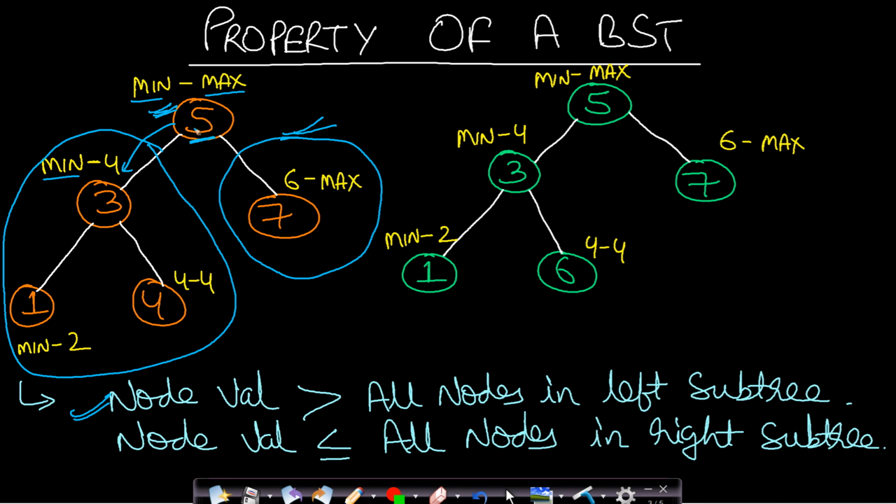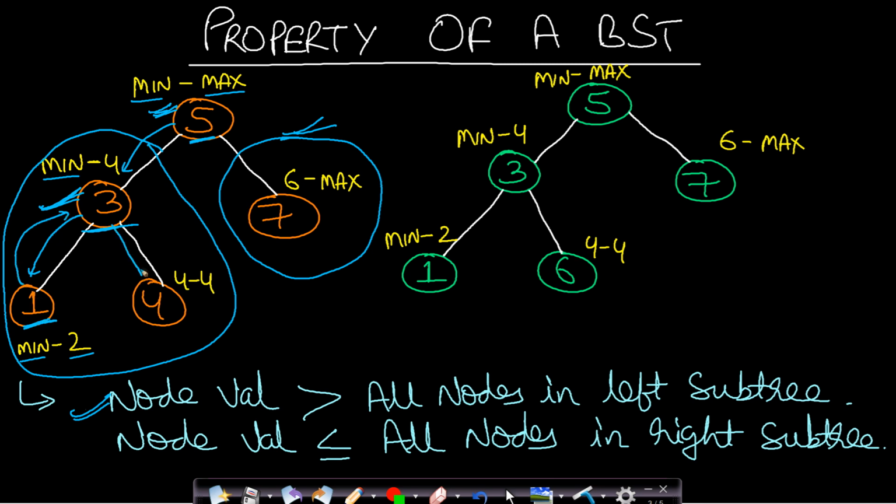Let us also assume that we are just using integer numbers. So if you take less than 5, then the number will be 4. So this node here should have the value in the range of minimum to 4. So this has value 3. Now if you take this node as a root node, then in its left subtree, the value should be in the range of minimum to 2, because all the values in the left subtree should be less than the current root node. The left node is having a value 1 and this is also a leaf node, so we will return from it.